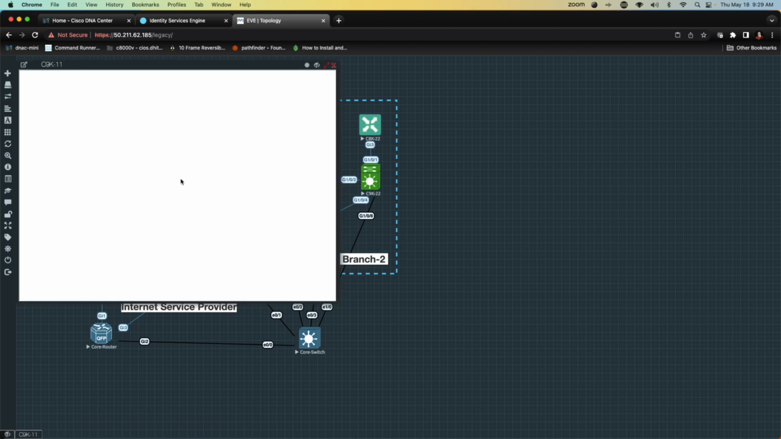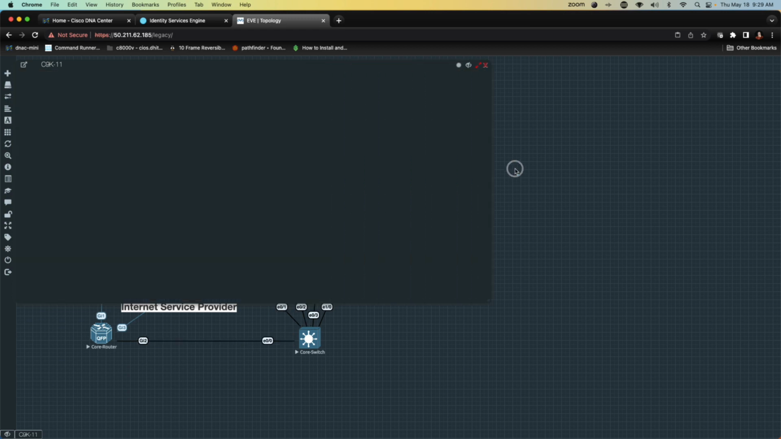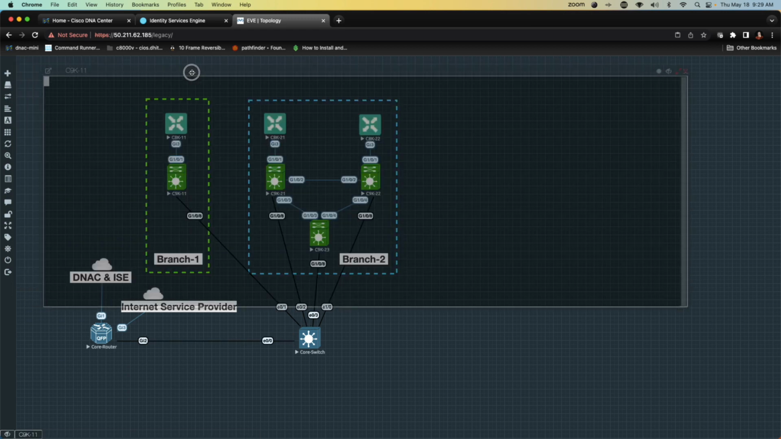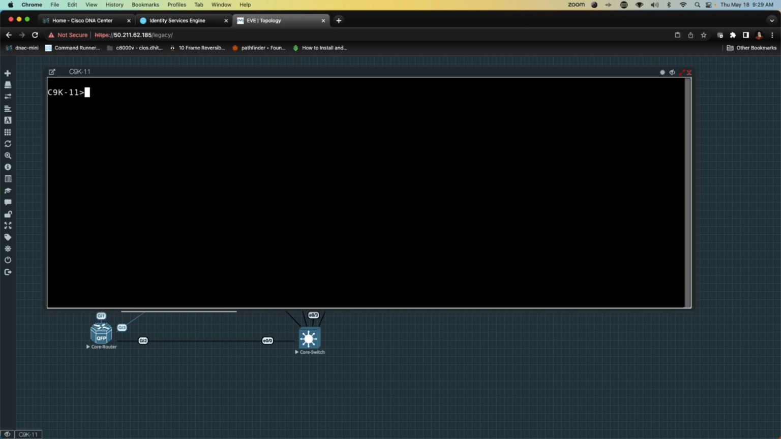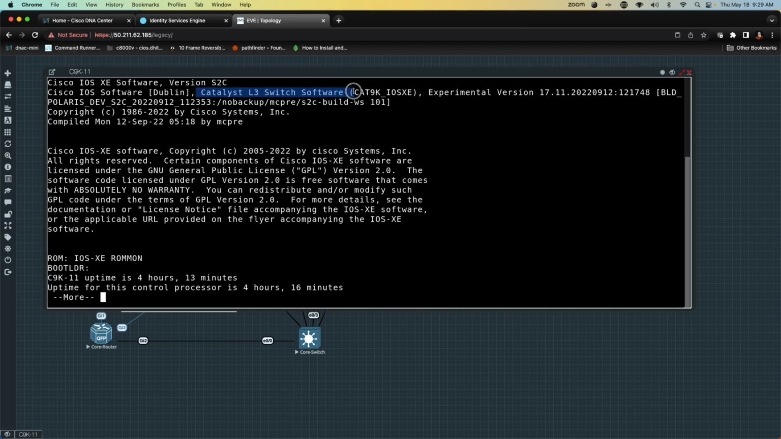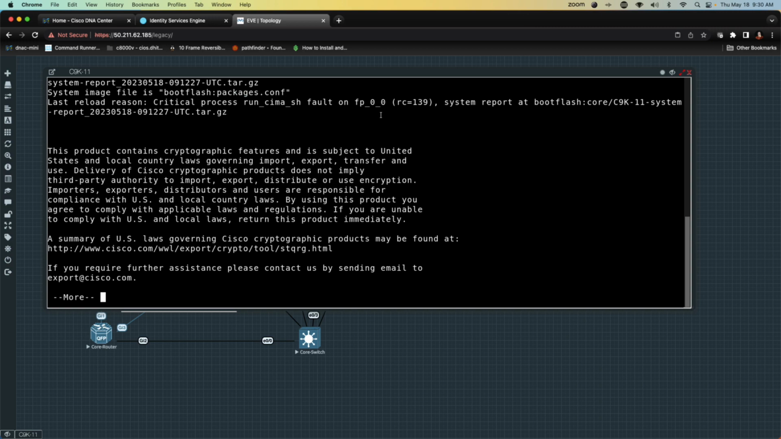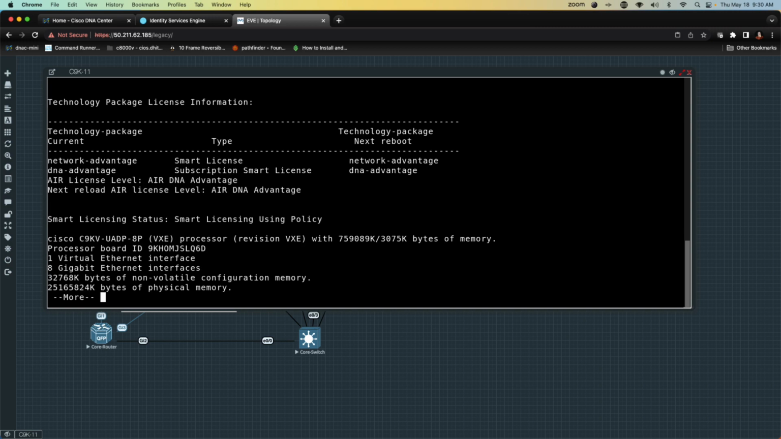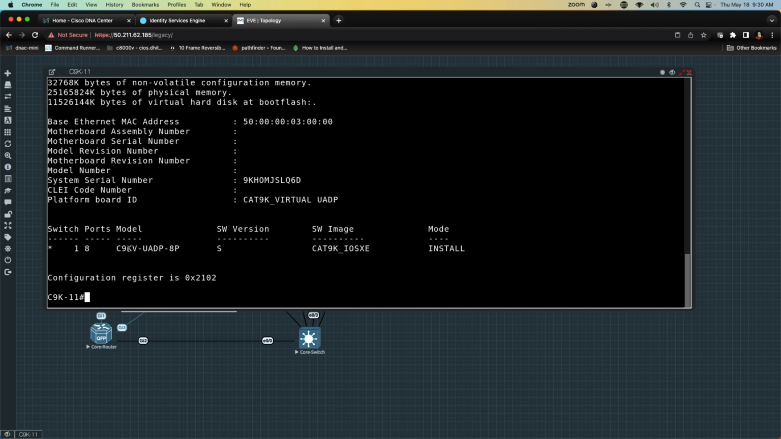And what I want to do is go ahead and open the console to one of these devices and just demonstrate the fact that this resource is going to be Cisco's Catalyst 9KV. So what I'm going to do is say enable, show version. We can see that this is a Catalyst Layer 3 switch, and if we navigate down to the very bottom of the window, we will see here that this is a Catalyst 9KV 8-port